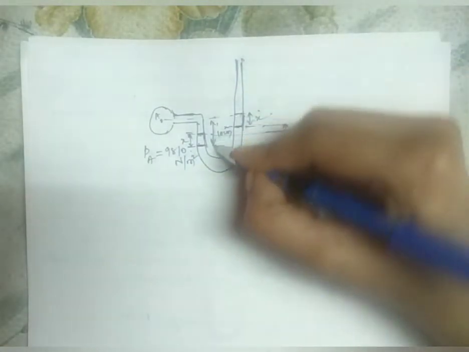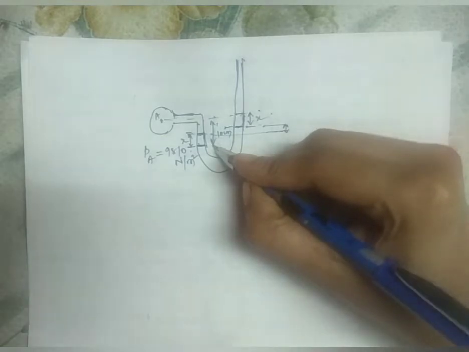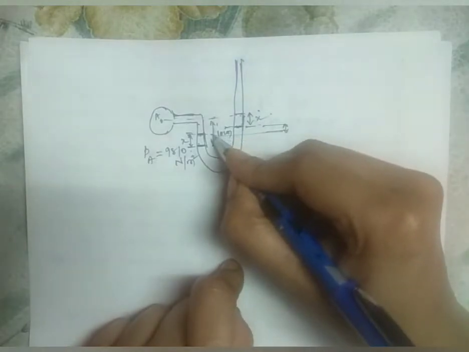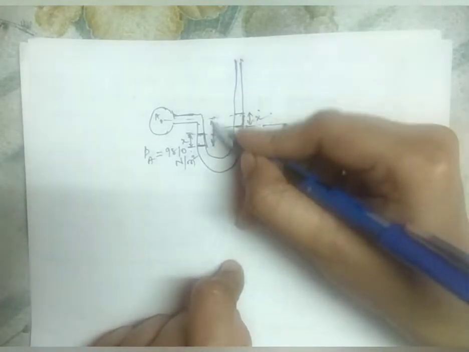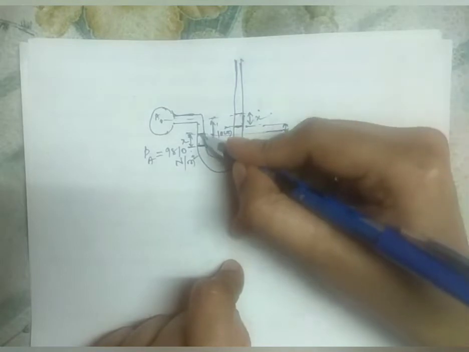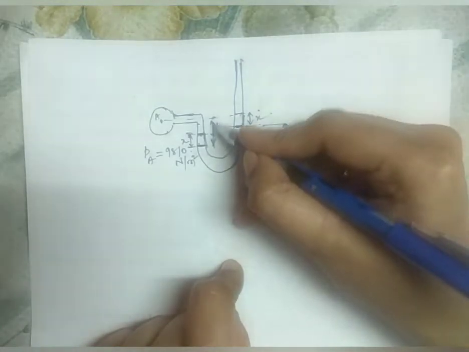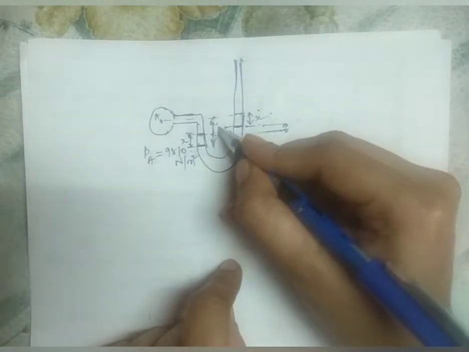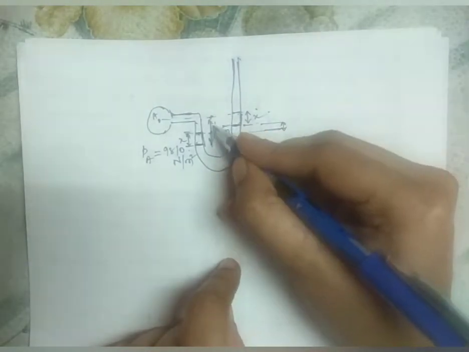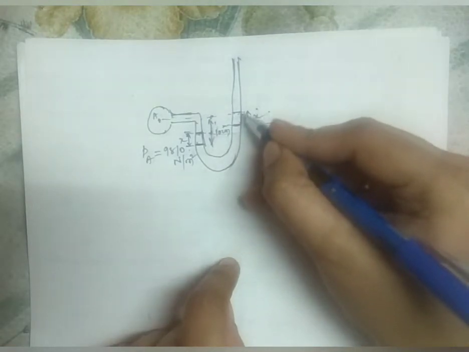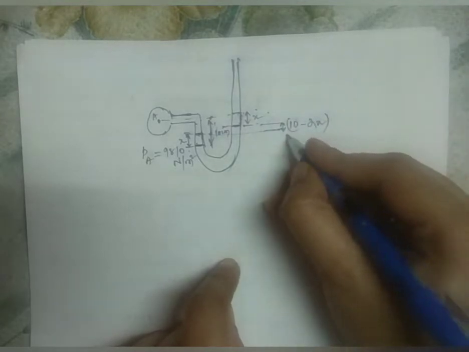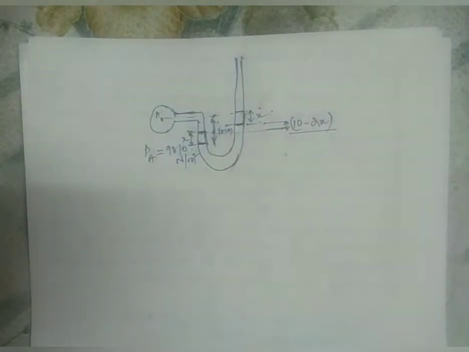This from here to here is 10 centimeters, and if I take the distance from here to here, it is 10 minus x. This much height is total minus x. So from here to here I got 10 minus x. But what is the length I need? The depth I need is this much, isn't it? So from here also I have to reduce this x distance. So it will be 10 minus 2x. So that is the new difference in level between the right limb and left limb.